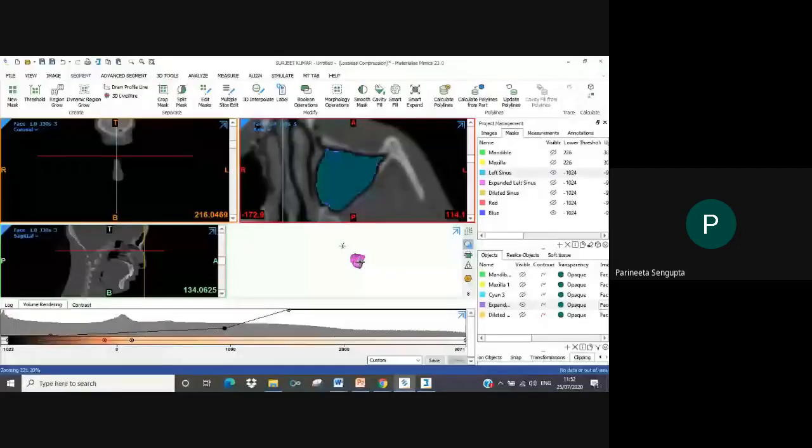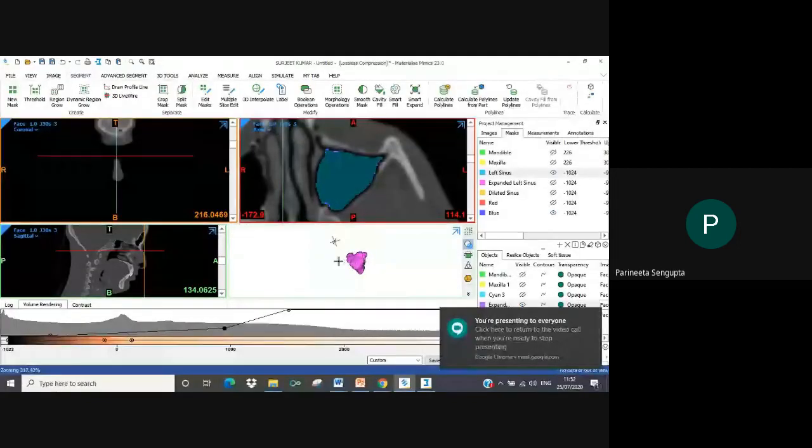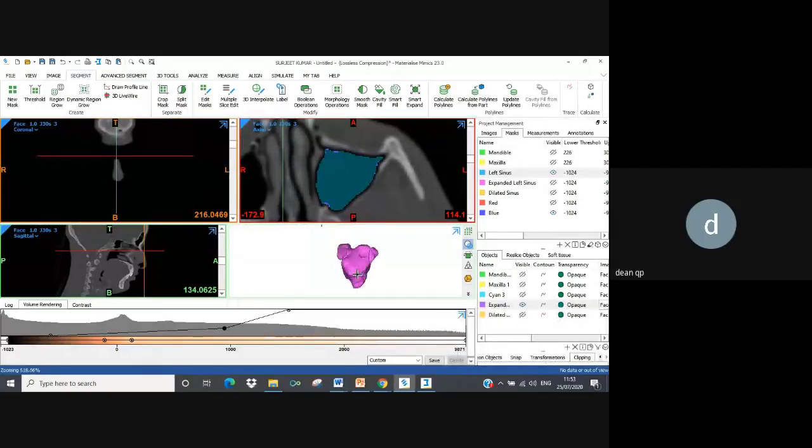Okay. Should I move forward? Was there any doubt? No, we just wanted to know. So if we need to calculate the oropharyngeal volume, we have to proceed in a similar way in Mimics. Right. And for orbital volume, also a similar way. Yes, ma'am. You can do it in a similar way.